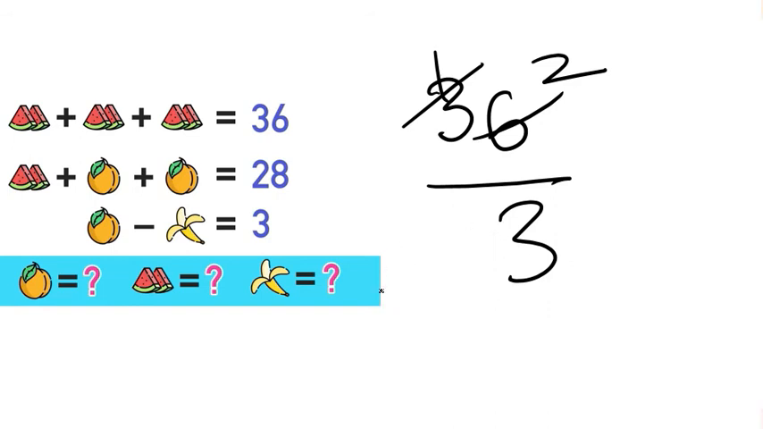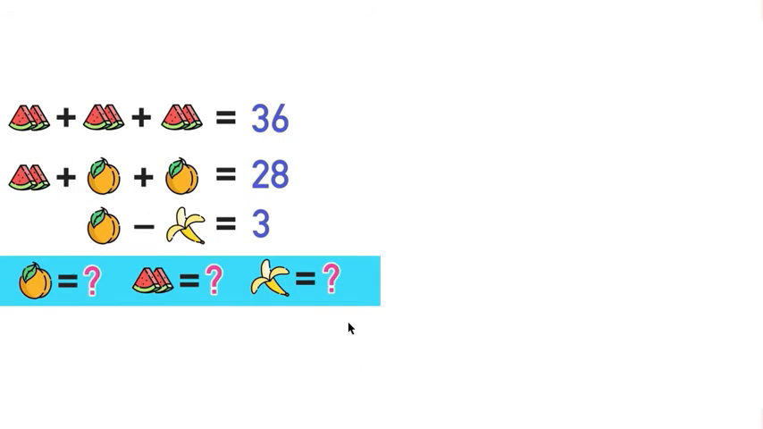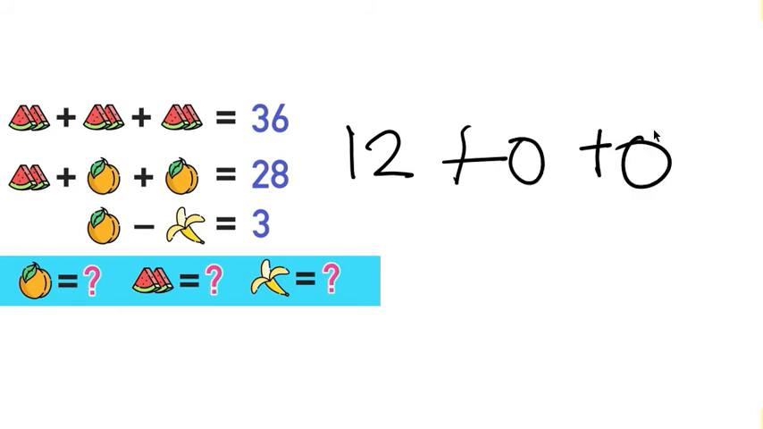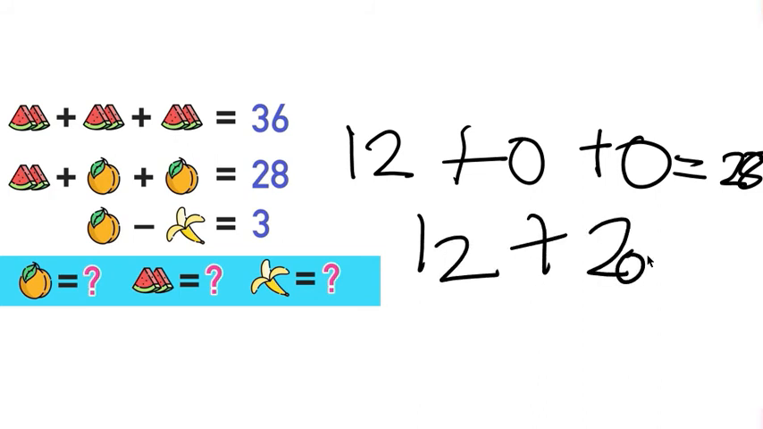So the value of watermelon is equal to 12. Now since we know the value of watermelon, let's substitute the value of watermelon into the second equation. So the value of watermelon is 12. So 12 plus, let me write O for orange. So orange plus orange is equal to 28. Okay, so orange plus orange is nothing but 2 oranges, so it becomes 12 plus 2O is equal to